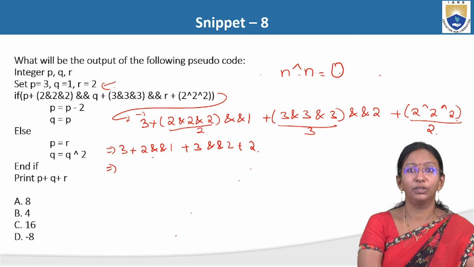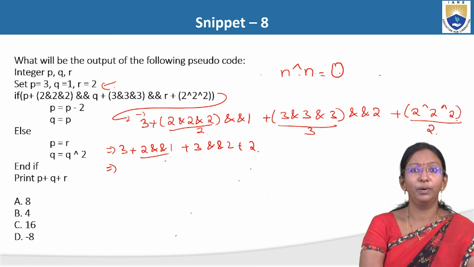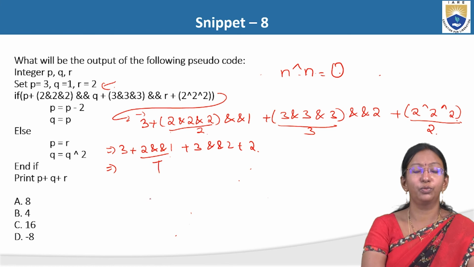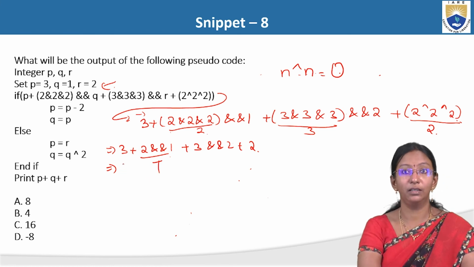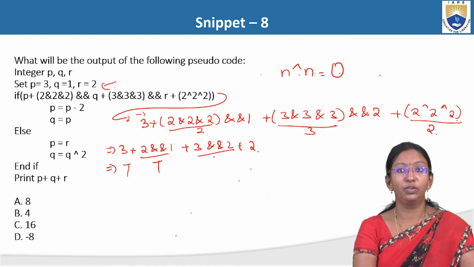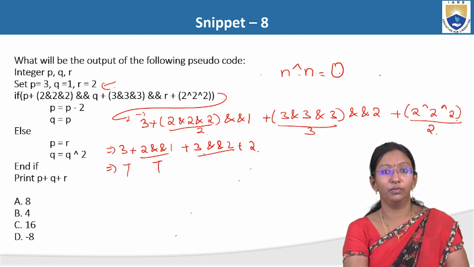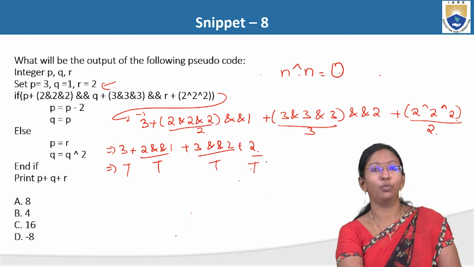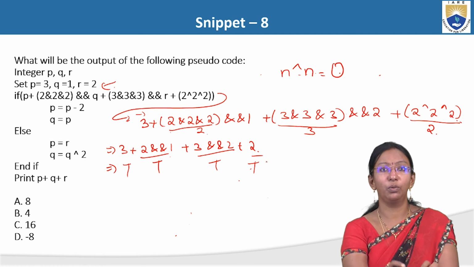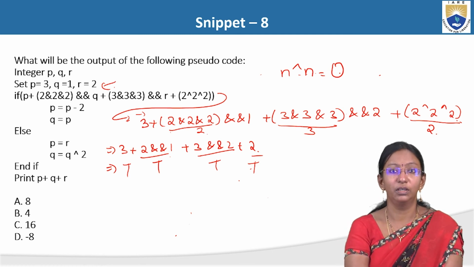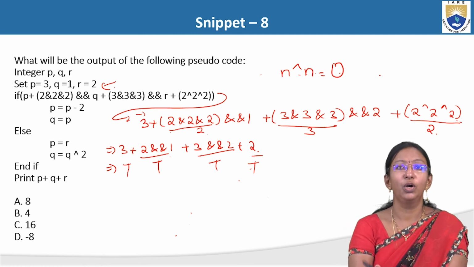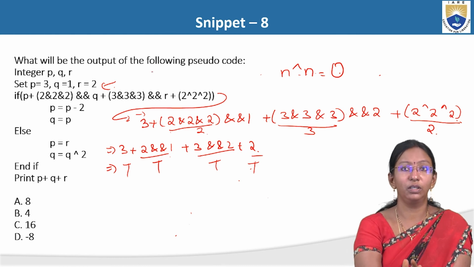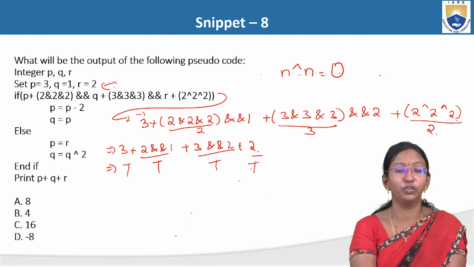Let me evaluate the logical ones. So 2 and 1 will always be true. So 3 is a value which is other than 0, so it's true. So 3 and 2 both are values other than 0, so it is true. Even 2 will return true. Whatever the result may be, the whole result is true. It is not going to be 0. So overall, the gist of the story is that whatever the huge expression given in the if condition is, it is